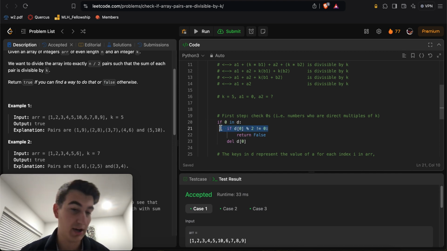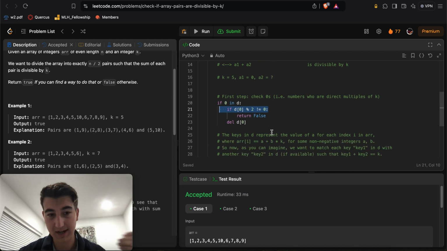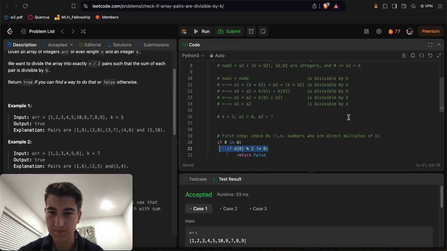Essentially just say, hey, is the number of zeros divisible by 2? And if not, then return false, right? Because that means there will be exactly one number that's divisible by k and no other number that is divisible by k for it to match with if I locked in all the other ones, right? So that's essentially why I return false. Otherwise, all the numbers that I have left is essentially,